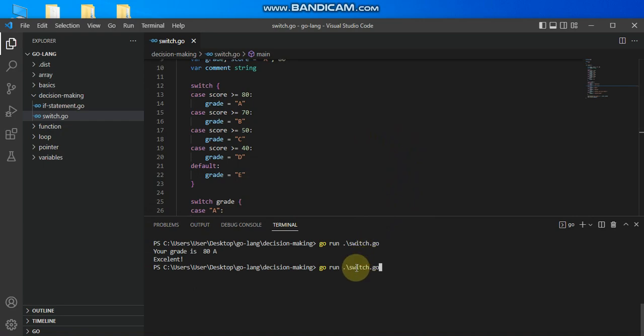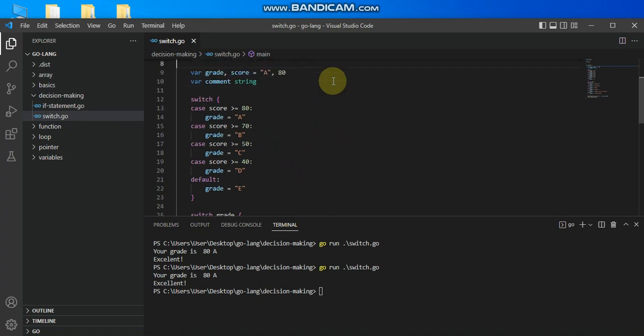So let us rerun this and see what it prints out this time. It says your grade is A. Excellent. So that is about that. Okay, let me check for more values. Let me set this to be 60 and let's see what that will bring here. It says your grade is C, and prints out good, because this one is greater than or equal to 50 here, and the